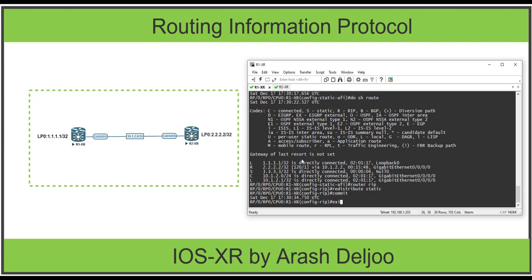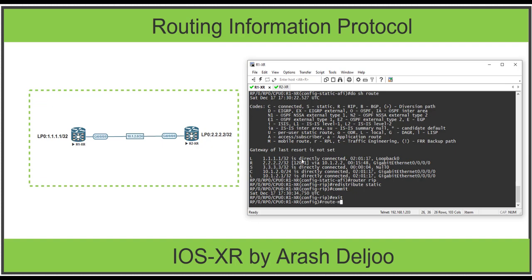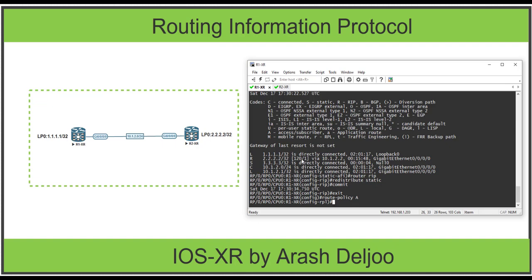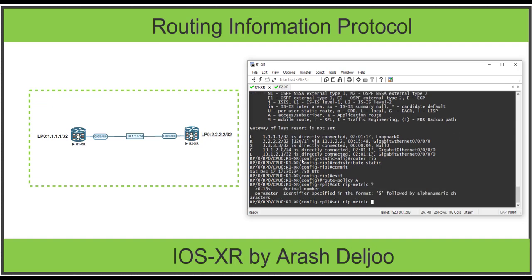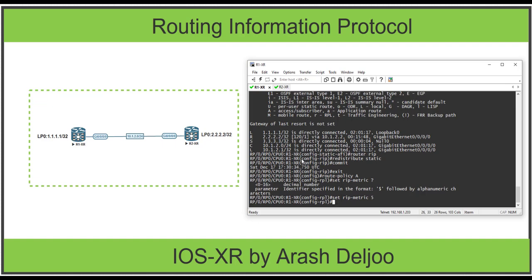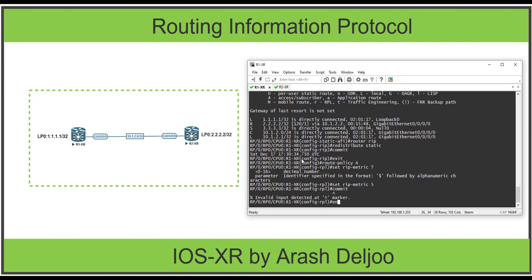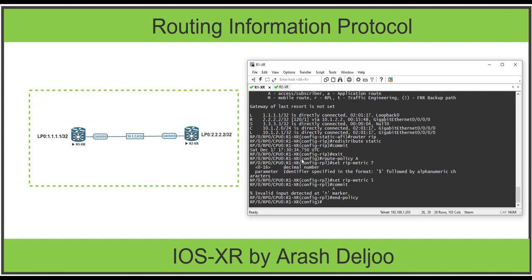Let me configure a route policy. Here we can configure the route policy command. Route policy is exactly the same, or so similar, to the route map. Here, for example, the route policy name is A. Route policy A. Now we are under the config RPL. Here you can now configure set RIP metric, for example, and a value between 0 to 16. For example, let me configure 5. Okay, and then commit. Now we have a route policy. Here you should use end policy. We have a route policy after commit,